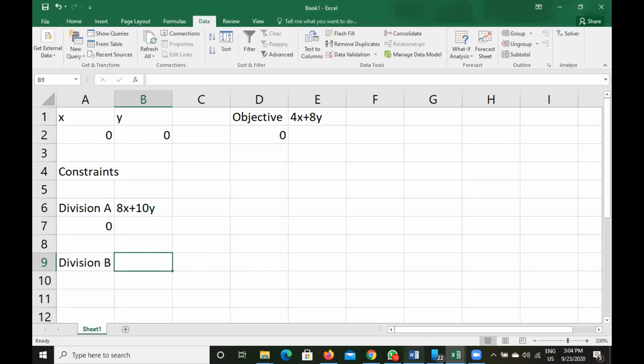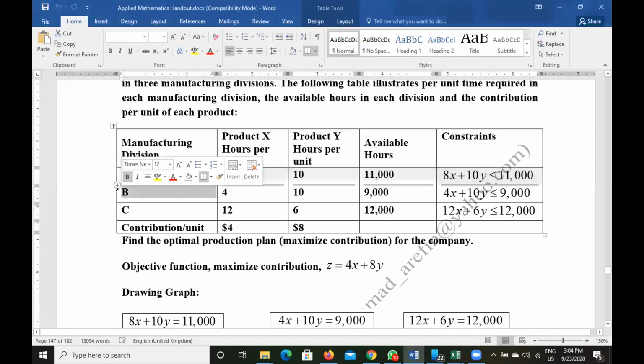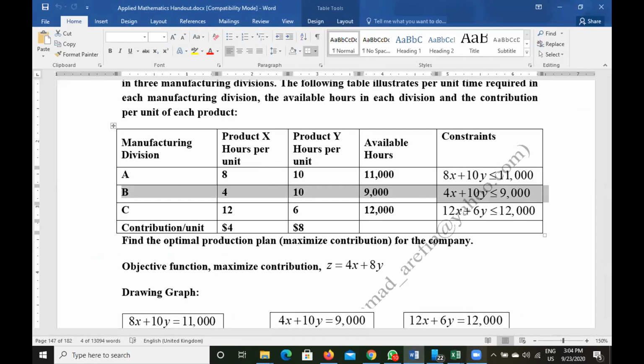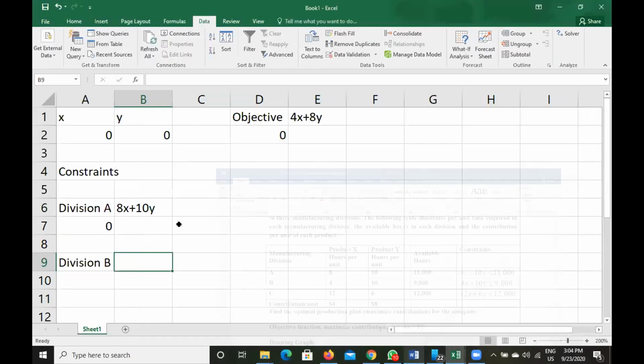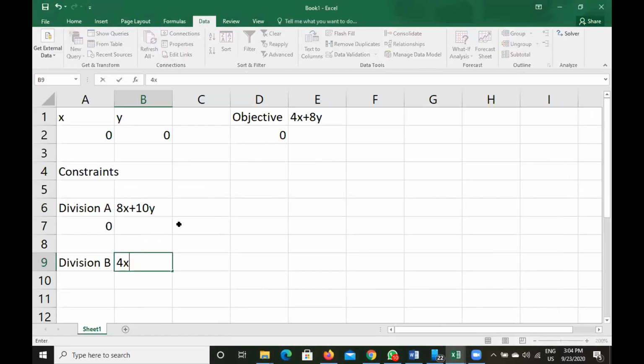So let us write the formula for division B. The formula for division B is 4x plus 10y. That is the formula.